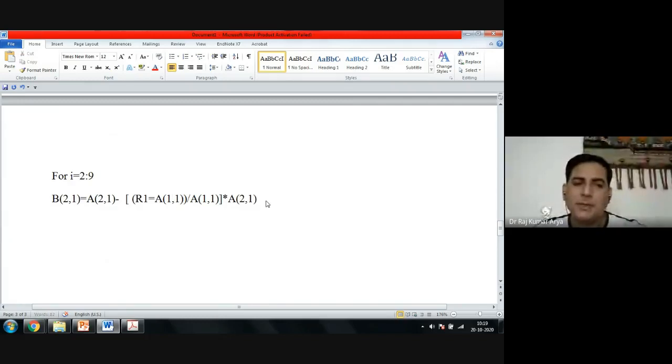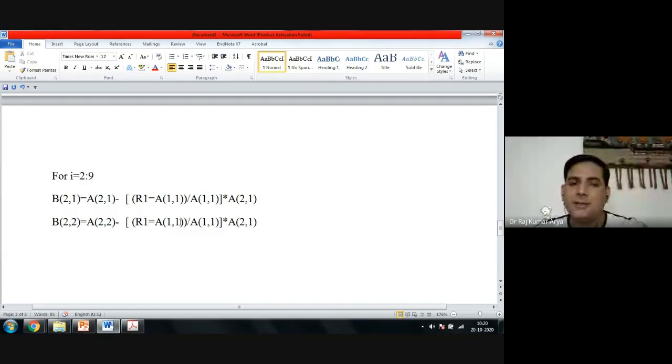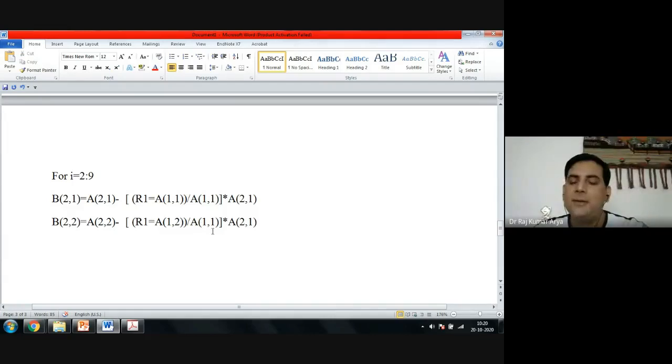I have to calculate the other term also, right? For 2,2 I need A22, and here I need A1,2, because I need now the second element. This division I don't want to change, and this I don't want to change. Only this one changes, that's all.